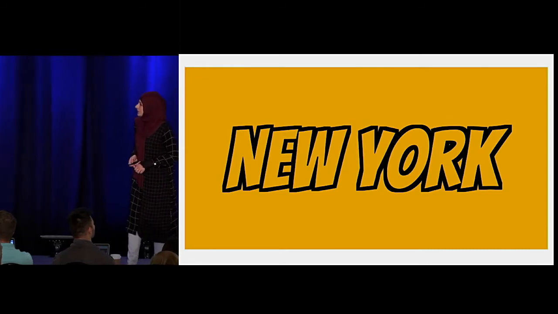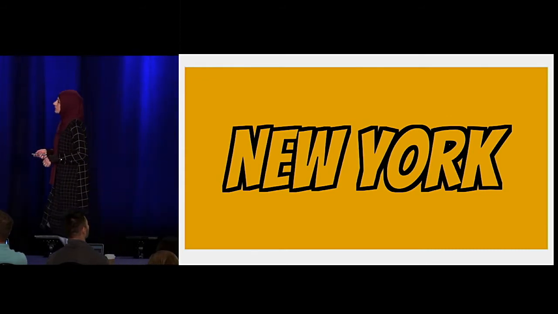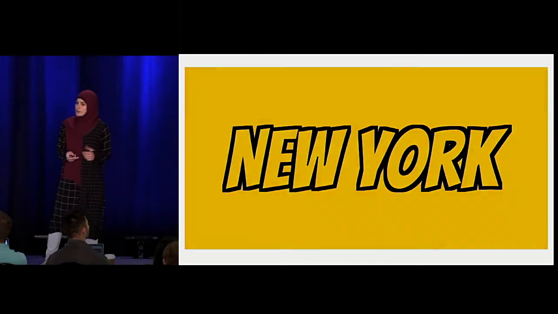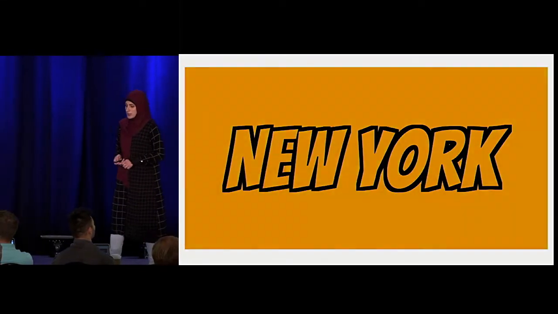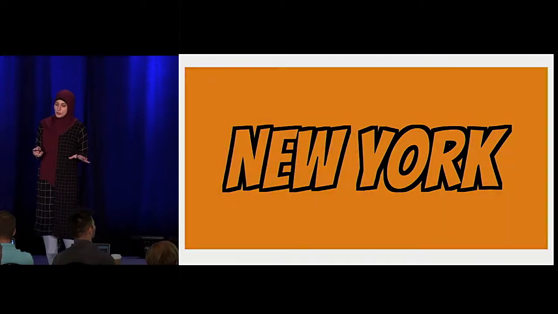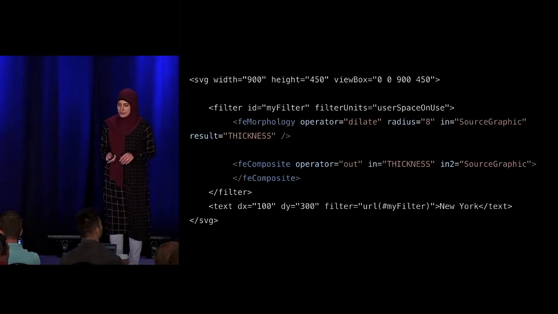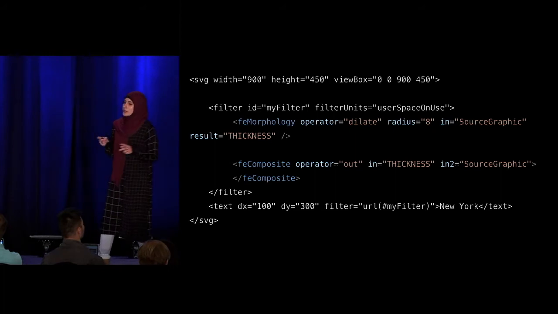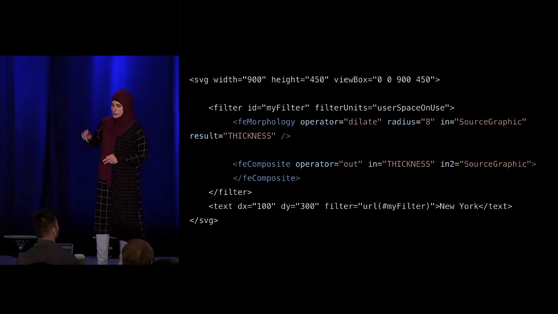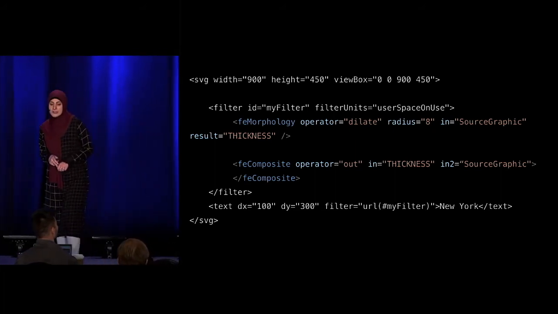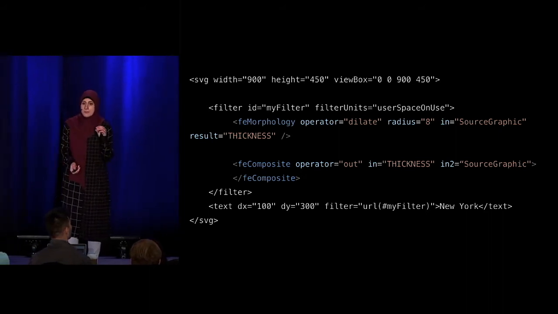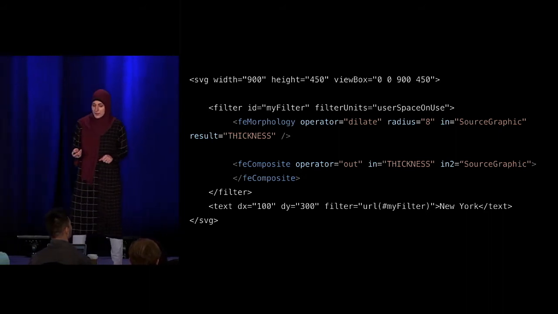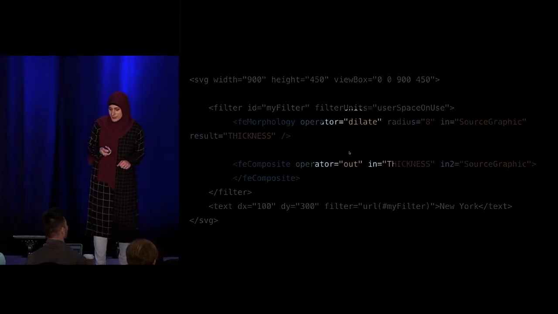You can also do something more interesting than that, which is create knockout text. So you have a piece of text, and you see through that text, and you see everything that's behind it. The code to achieve this is much shorter than the previous example, and there is a reason for that. So in order to create that knockout effect, I only use these two steps. The first one, I'm using FE morphology to dilate the text because I'm creating an outline. But if you can spot the difference here, what's different here is that the